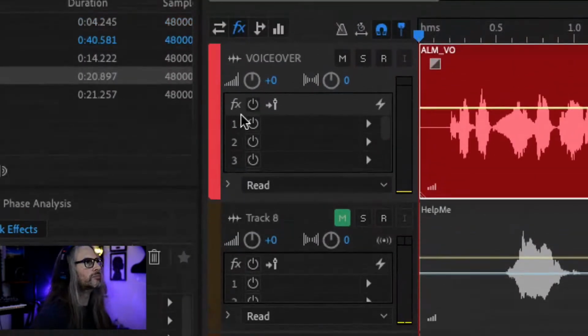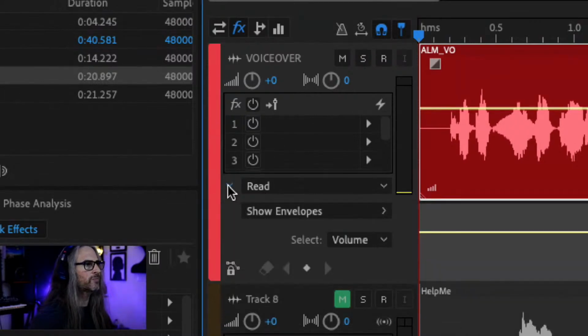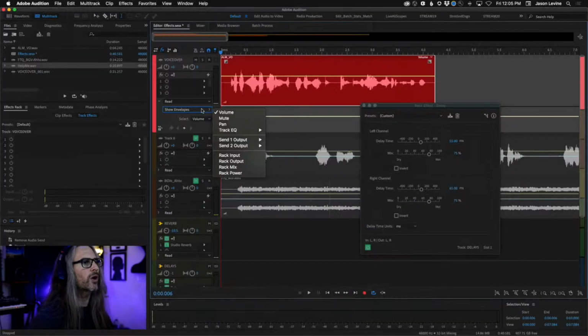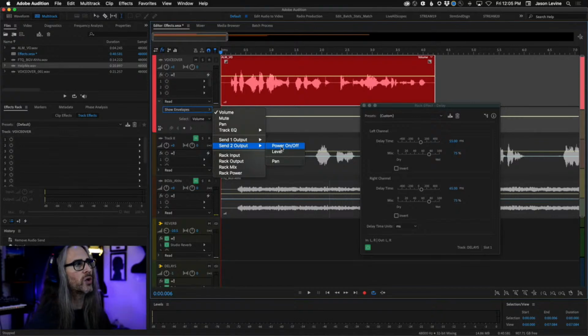Over in our automation lane, we're going to twirl this down, okay? And you see you've got some options here to show envelopes. What are we showing envelopes for? Well, I want the envelope for the rack, for the send 1 output, send 2 output power. Because essentially I want to turn the effect on, but only in the second half of this voiceover. So we can automate when that effect kicks in